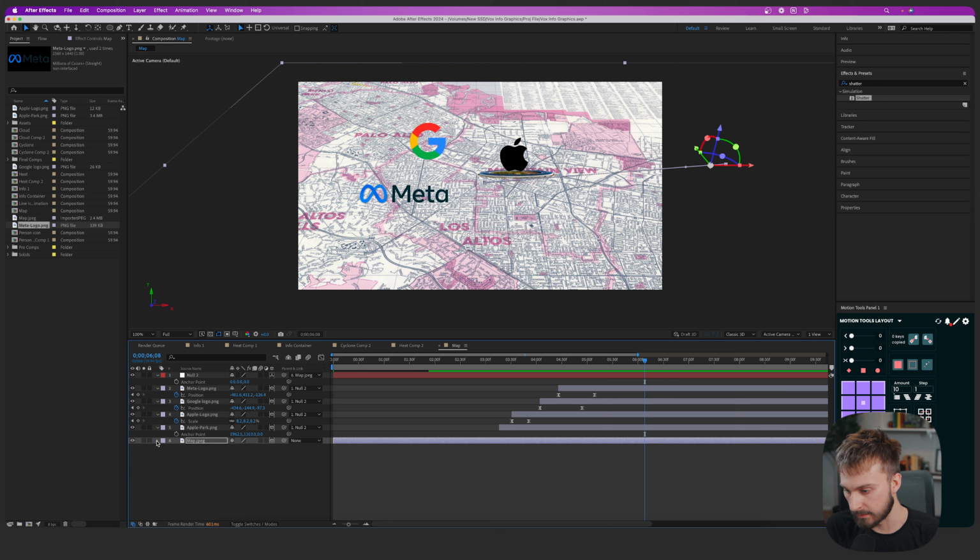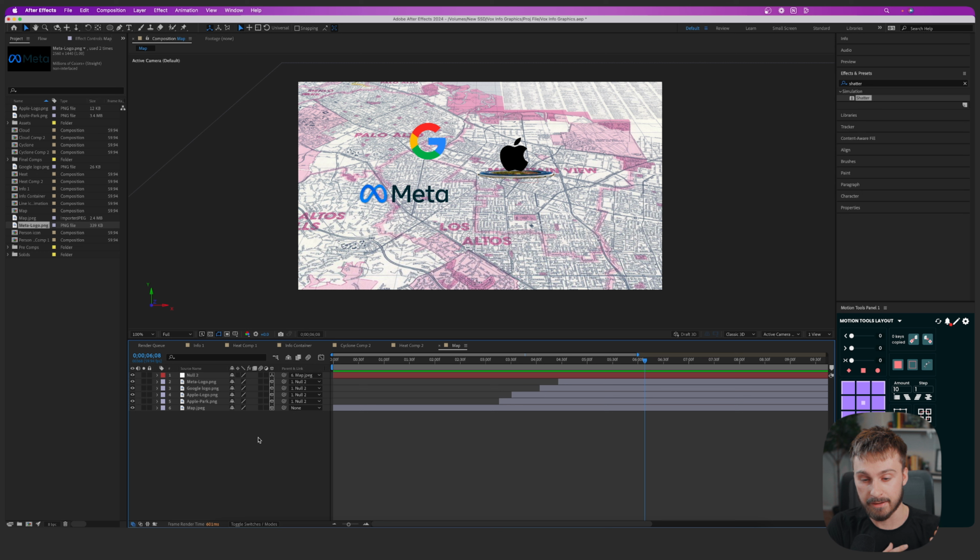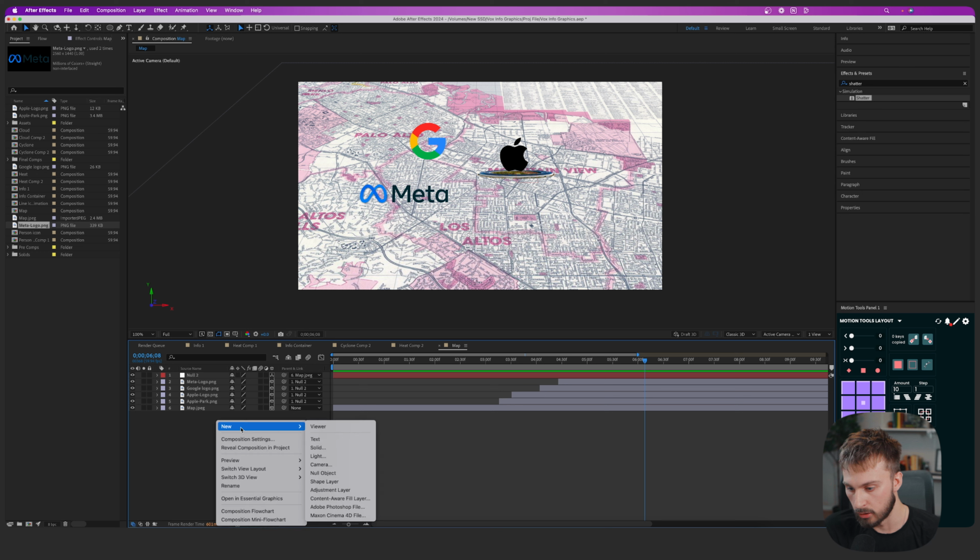It's a couple effects that they add, or actually really one effect, but I'm adding my own effects to it at the end. And that is this 3D camera effect that gives it a depth of field. So what we want to do is create a camera. So right click, go to New and do New